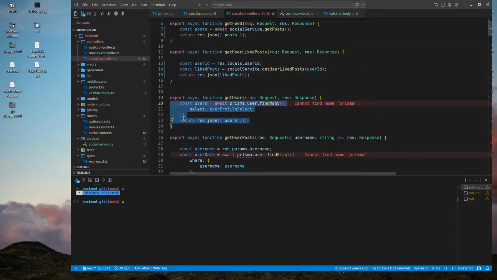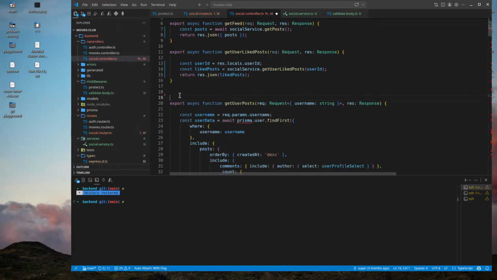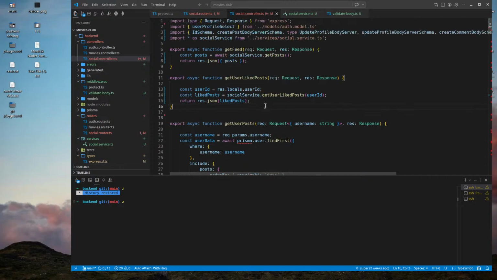Get users, I don't need it actually. We remove this logic instead of sending an array of users. We embedded the user inside my post, inside my comments.